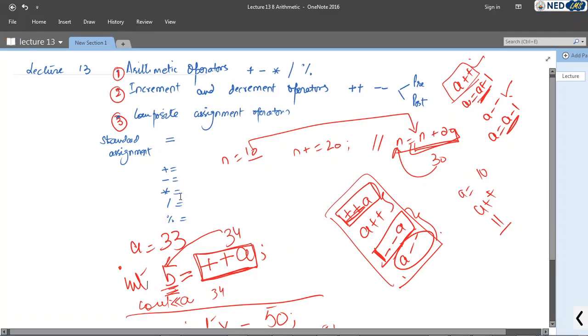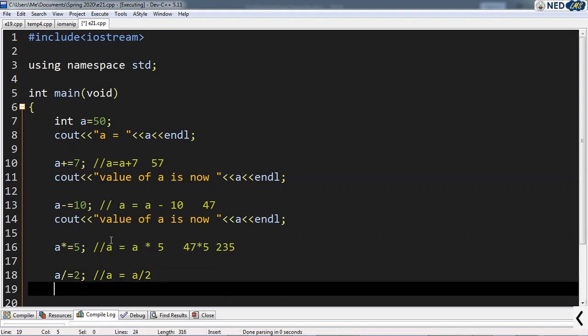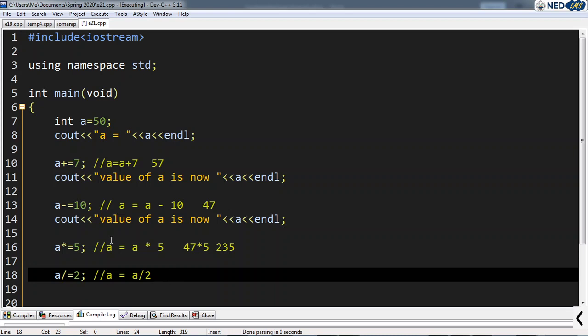It's 1, 2, 3, 4. Oh, divide and remainder operator. Okay, so A divide equals to, for example, just a number, for example 2. So that means the value of A is updated to A divided by 2. So the value of A would be, if you divide A by 2,